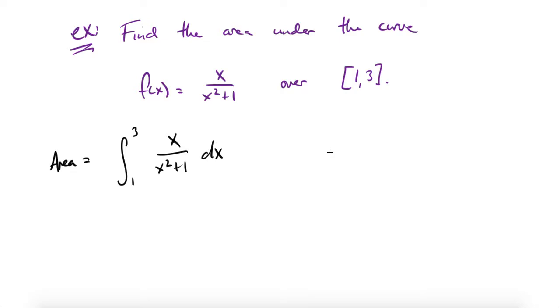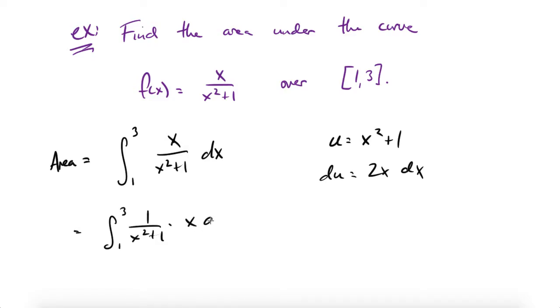Okay, so using our guidelines for choosing u from the first video, we have a denominator. Usually things in the denominator are a good candidate for u, so we'll try x squared plus 1. That's going to make du 2x dx. And if I rewrite this fraction, I see that I don't actually want 2x dx, I just want x dx,